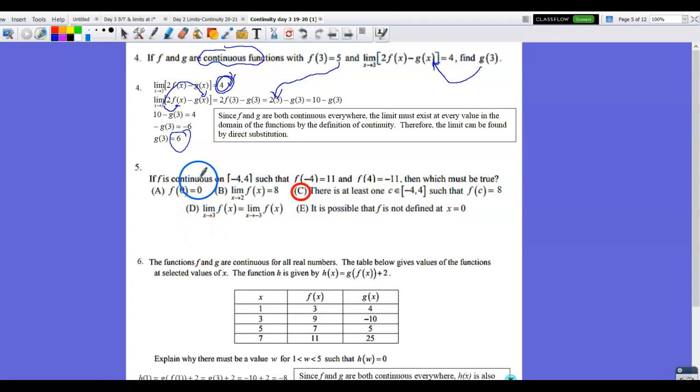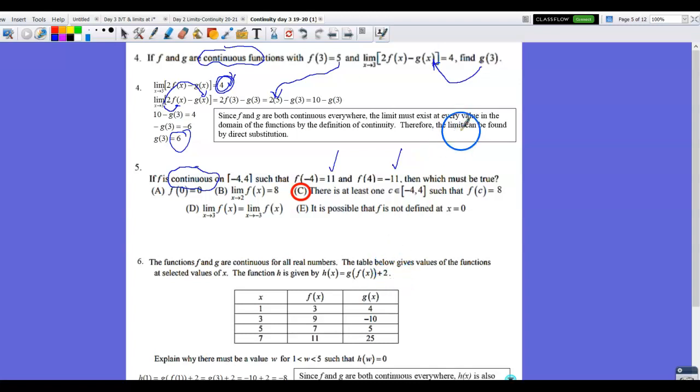In number 5, f of x is continuous. That is important. That means the limit will exist. It's on a closed interval, so IVT might apply. The y value of the first endpoint is 11. The y value of the second endpoint is -11. So without reading any further, I know that I'm going to pass through all y values between and including -11